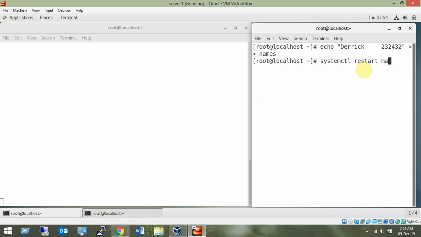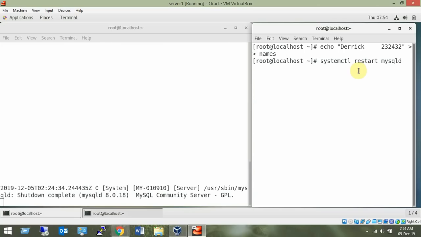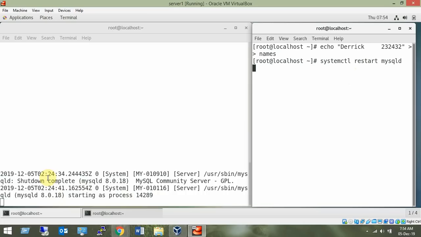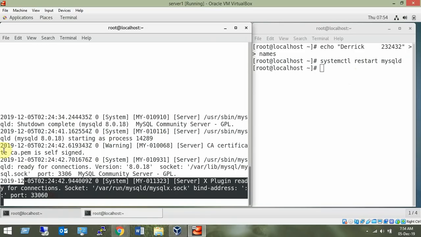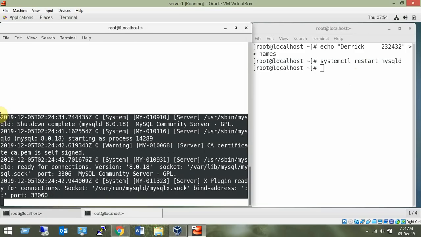I'm using MariaDB, I remember. MariaDB or MySQL, I don't know. Let me try MySQLD. Okay, so systemctl restart MySQLD. Look at this. I give the command here and it is showing shutdown, because restart means first shutdown and then start. So shutdown complete, and now it is starting process. Objective is this all. This is a crucial piece of evidence that when you restarted service, what exactly happened behind the screen.